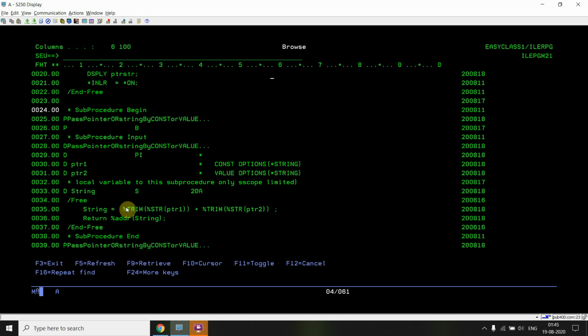Okay, and I told you about the %str thing also, that it will place the null characters at the end of the data. Then it will trim those things. So this is the trim function you can apply. It depends upon you if you want to apply it or not. But you need to apply it, because you took 20 characters of data, and if you add this, 20 plus 20 will be 40. So if you return something, you will be only returning the 20 characters, whatever you are receiving in ptr1. So that's why I use trim.